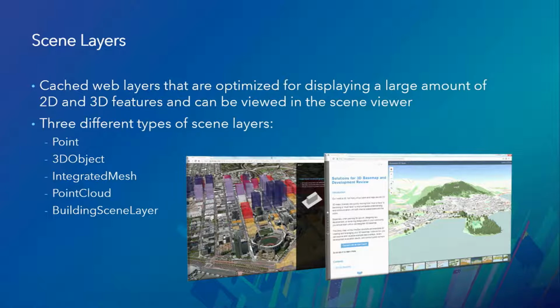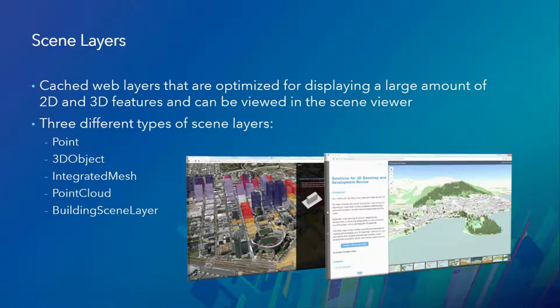If you wanted to look at realistic features of buildings, trees, almost like an elevation appearance, the integrated mesh scene layer, which can be built with drone to map, and some of our business partners like Vricon as well can generate integrated mesh scene layers. And if you have any LiDAR or LAS data, you can use a point cloud scene